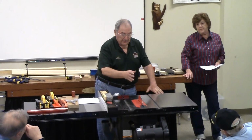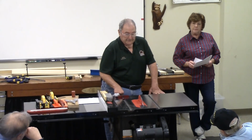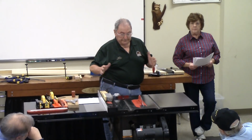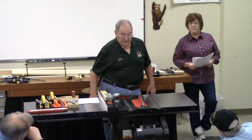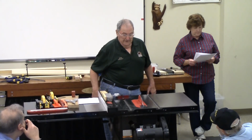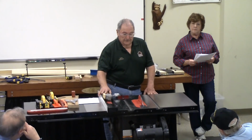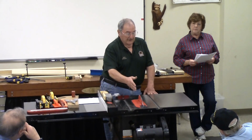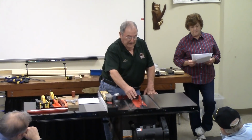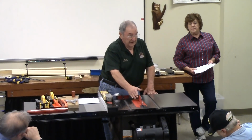Okay, while we're on the topic of blade tilt, if you're considering getting a saw, it has been my experience, due to the fact that I've been working with table saws for probably 50 plus years, I am used to the fact that the blade tilts to the left. You want to keep your fence on the right side of a blade that does that. That way, when you go to make a cut and you're in a tilted condition, the blade is not going to be